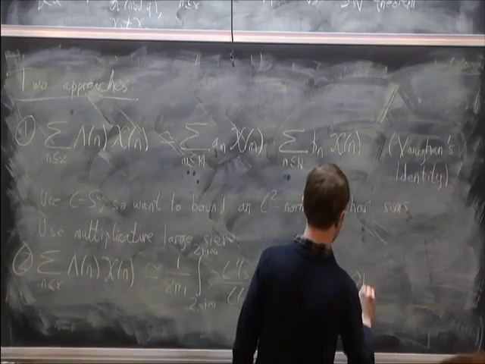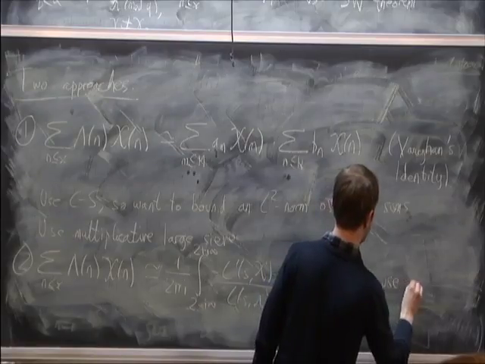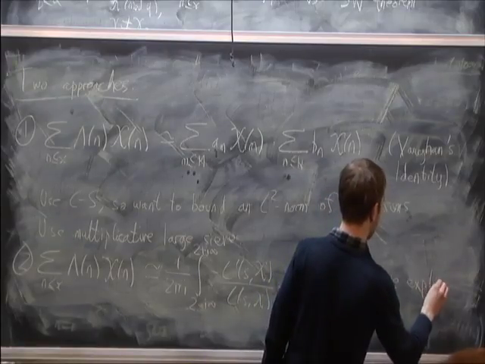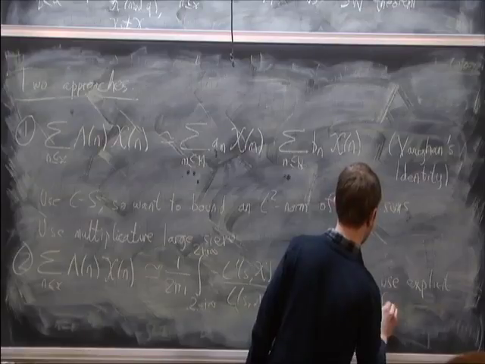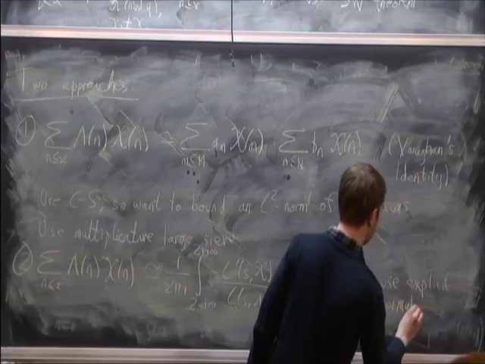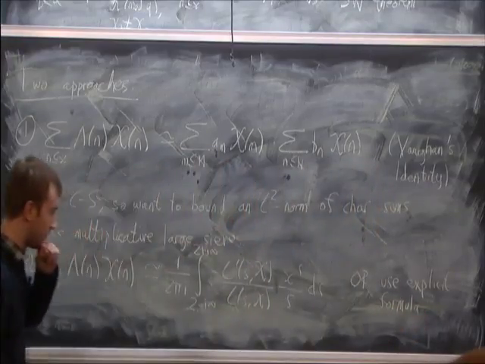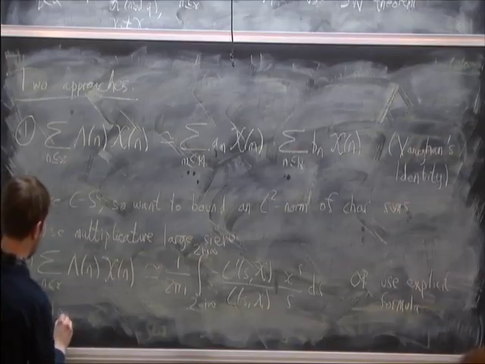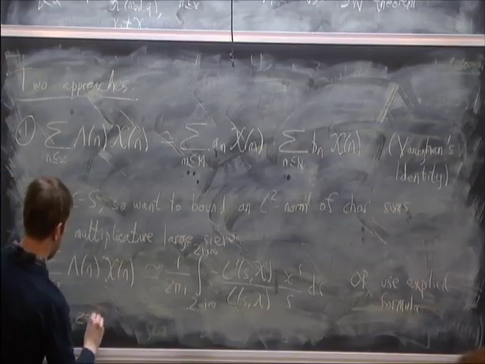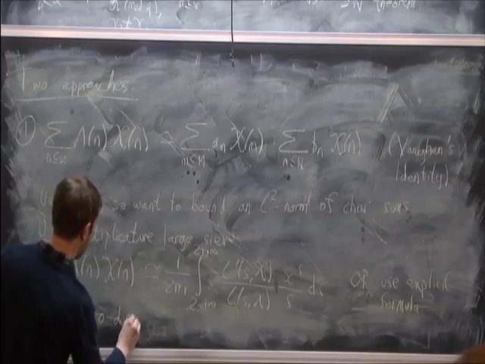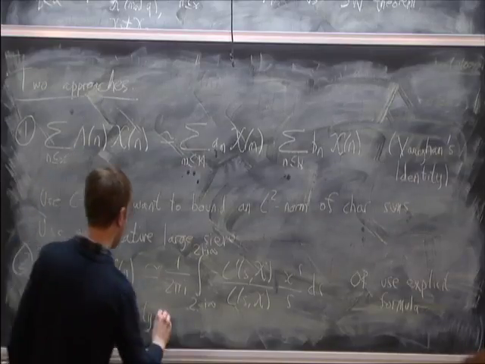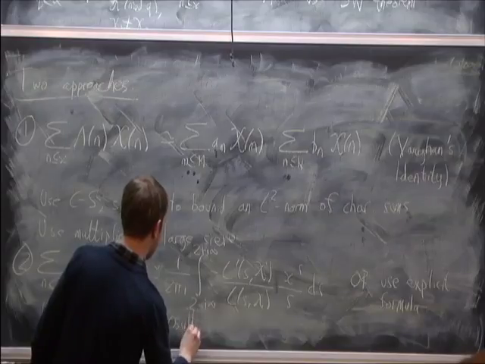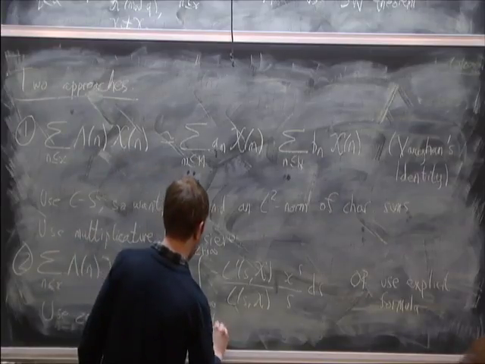Or maybe you'd be better off using the explicit formula here, so you get out the contribution from the zeros more explicitly. And then you can use zero density results to say